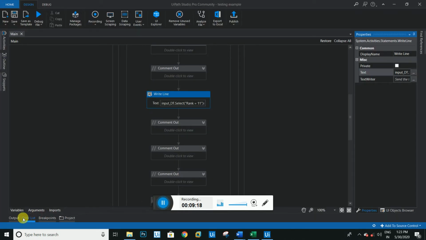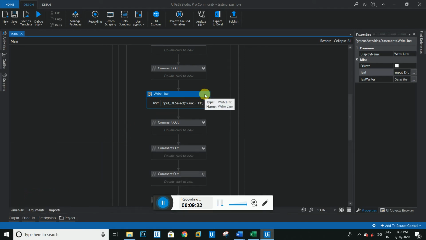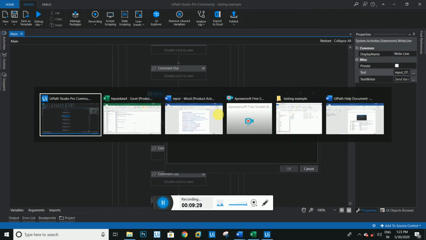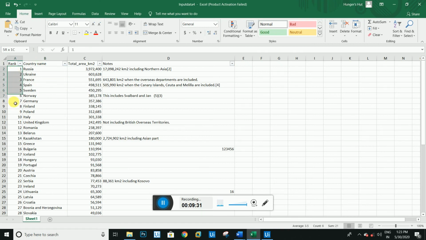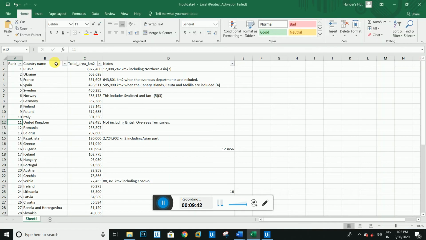Okay, so the result is coming, United Kingdom. So guys, I will just explain this command now. It is selecting the rank number 11. I'm going to my Excel sheet, and I have to search the rank number 11. This is the rank number 11. So it is selecting the rank number 11 and 0. Then for item we have to pass the column name here, like country name. Country name is a column name.